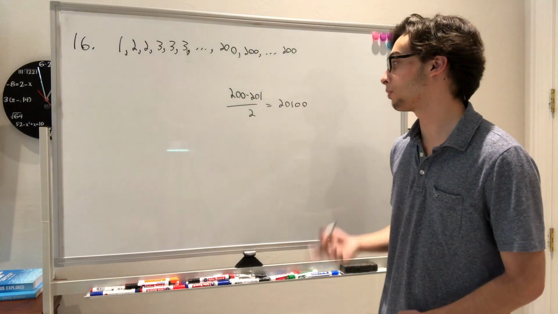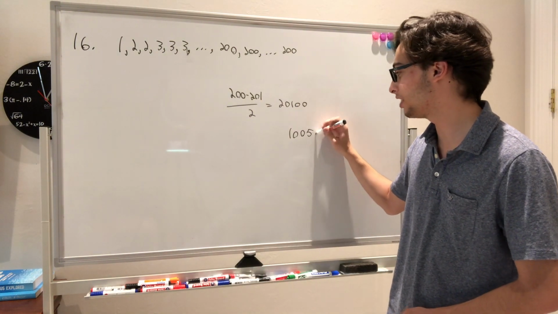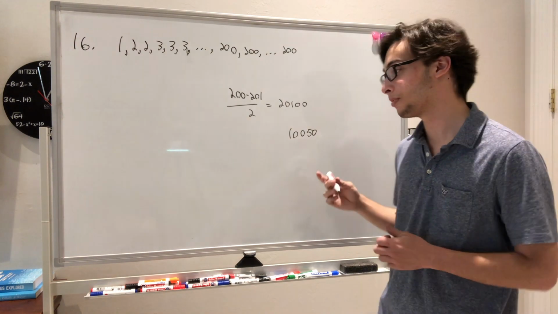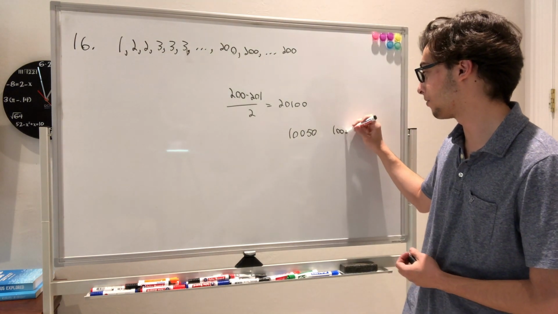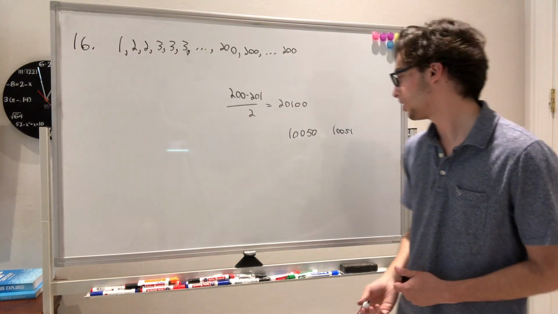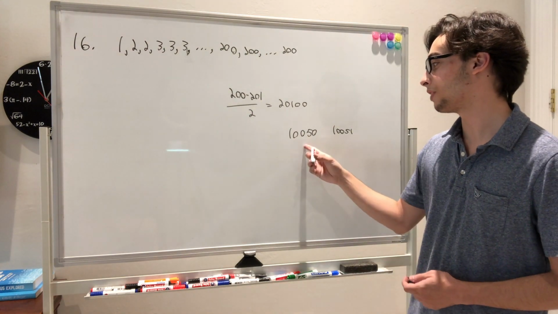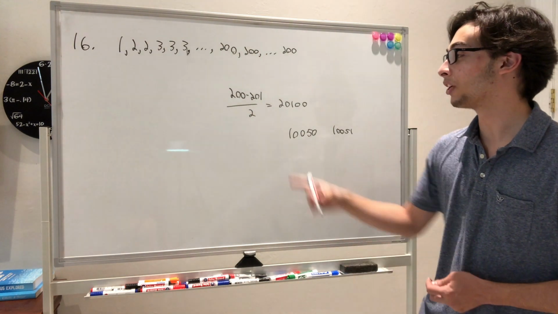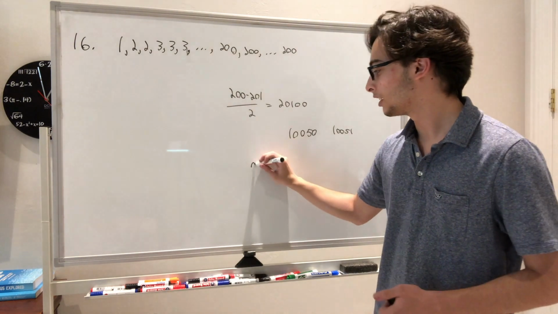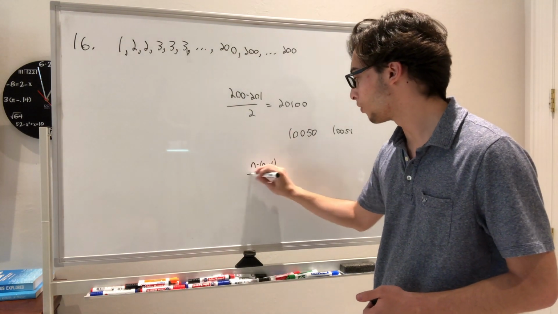Now, in order to find the median, we want to take half of that, so we have 10,050 is going to be the median term, averaged with 10,051, since there's an even amount of terms. So, how can we find the 10,050th term? Well, again, we can just say that n times n plus 1 over 2 is going to be equal